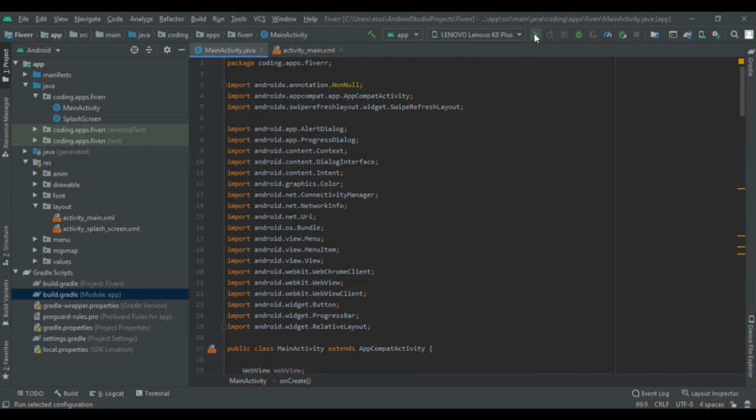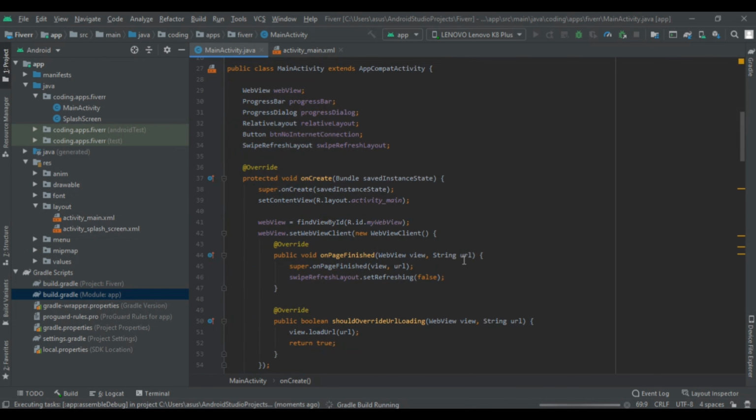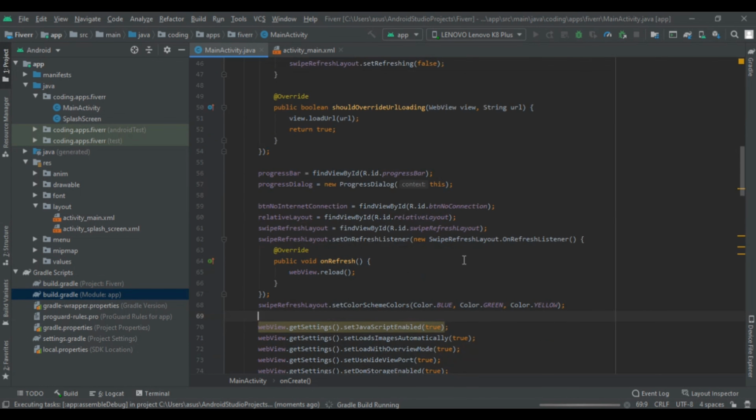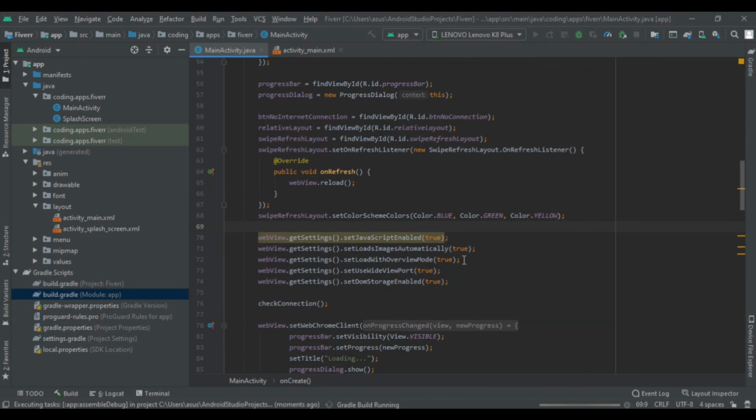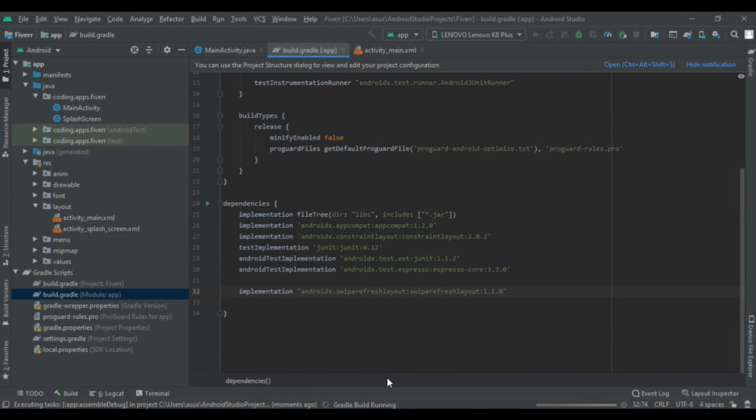So now we are going to run our Android app. As usual, I am giving a short review of what we had done in this video. So first of all, we had added the dependency of this Android X library, androidx.swiperefreshlayout 1.1.0. This is our dependency which we had added in our application.